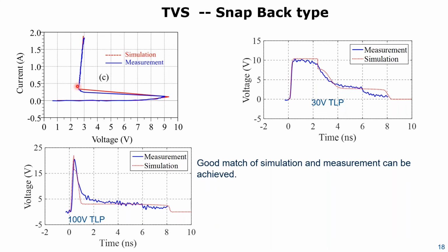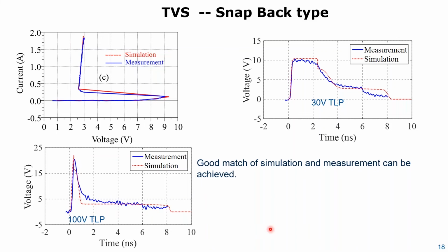Now let's look in time domain. This is 30 volt TLP, still not a lot. And we see 10 volt is reached for some time until something happens. That's snapback delay. And then it goes down and somehow reaches its final value. The pulse is, by the way, short. The test pulse was really short here. Or we take 100 volt TLP. We overshoot now to 20 volt and go down, and the pulse is just 5 nanoseconds long.